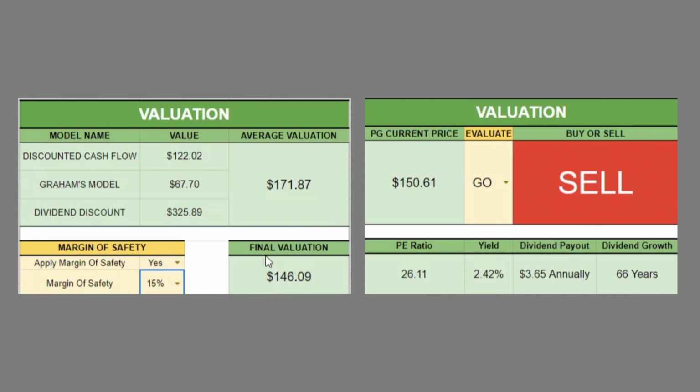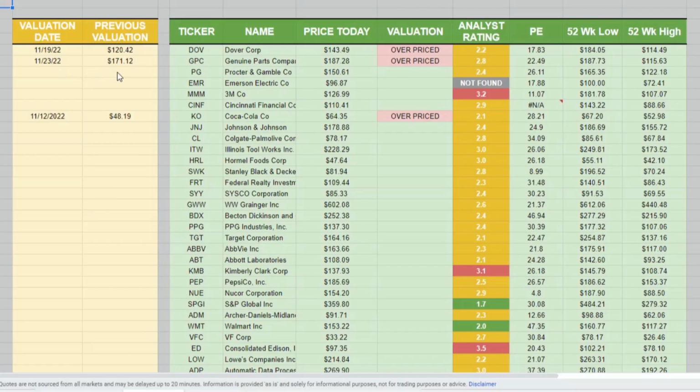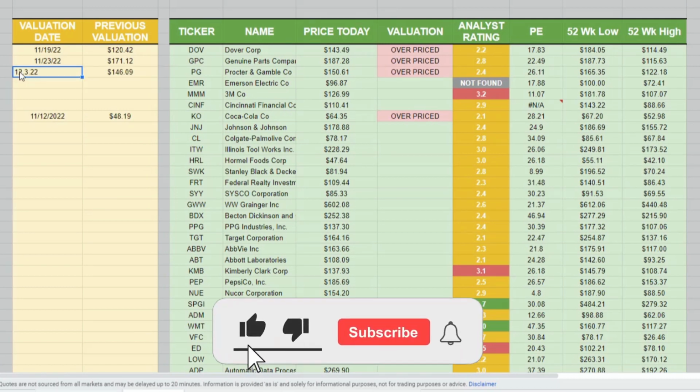So let's go ahead and take this number, come over to our watch list, $146.09 for Procter & Gamble, $146.09, evaluated today, December 3rd,